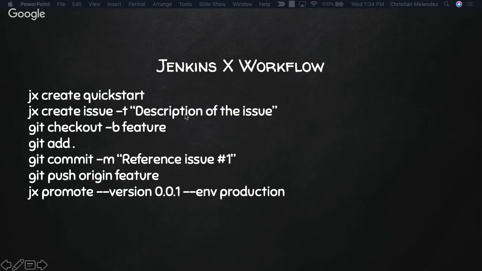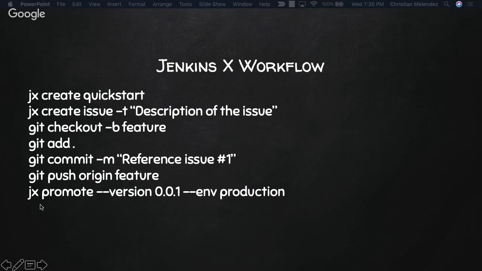Then, for example, a way of developing when you're using Git is that for every change that you're going to make, you will be creating an issue. Because you already integrated Jenkins X with GitHub, you're going to be able to create an issue with the text description of the issue or development. And this is what we're going to do later. You can then create a new branch for that new feature and do the changes that you need to do. You will run git add, git commit. You will push the change, and then you will promote that to another environment when you are good to go.